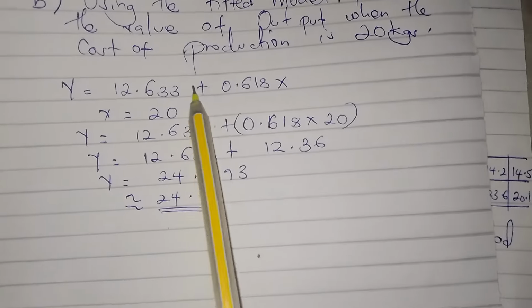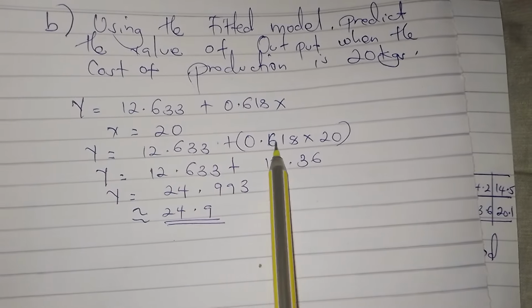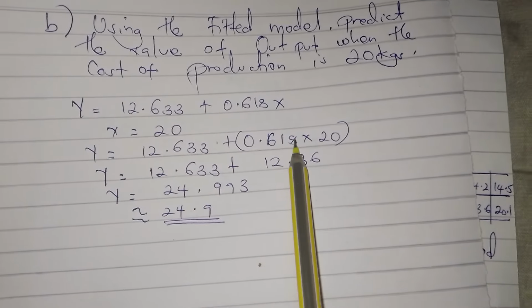So here in this formula we just substitute in where there is x, we put 20. So y is equal to that plus 0.618 times